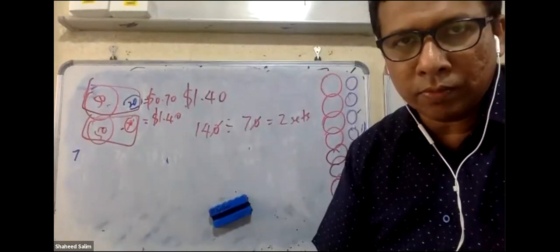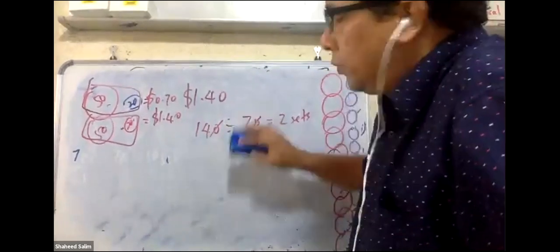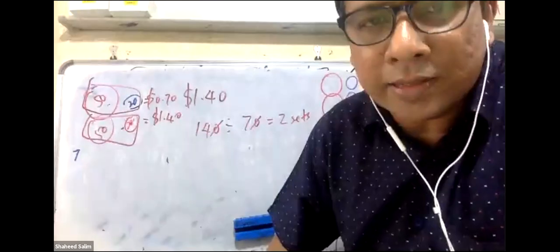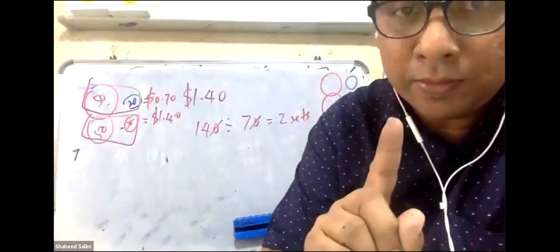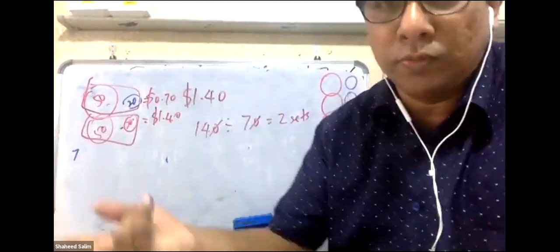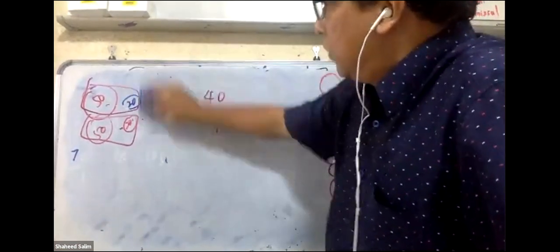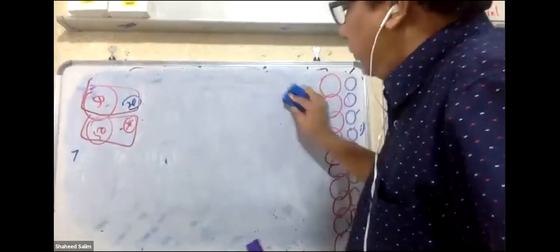You get it? It's still not yet click for some of you. Okay, never mind. No problem. So you just take the total amount divided by 70, the set. Then you get the number of sets. Then you still must times 2 because 1 set has 2 coins. Okay, you can already do that question. For those of you still don't get it, I'll give you another one.